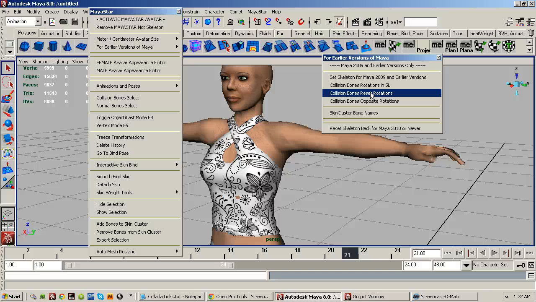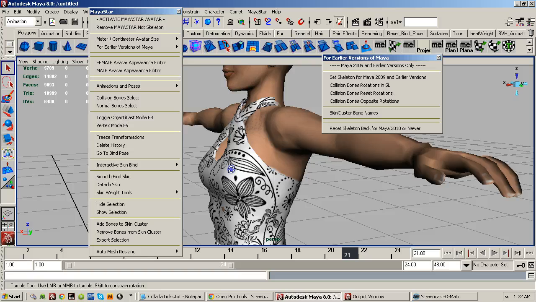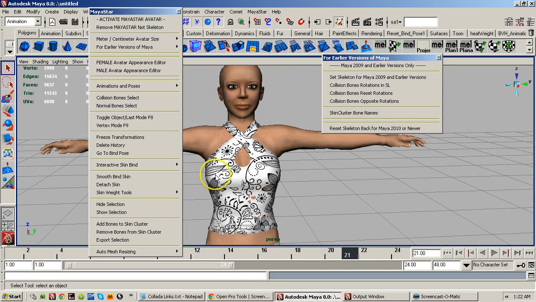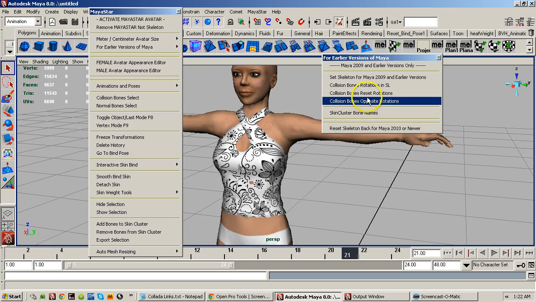But the difference is so minor that you probably wouldn't even notice the difference between them. So it depends on how accurate you need to have your mesh be. How accurate is it compared to what you're seeing in MayaStar, in Maya, using MayaStar. Even with the opposite bone rotations, you will see a slight difference, and that's mainly due to when you export